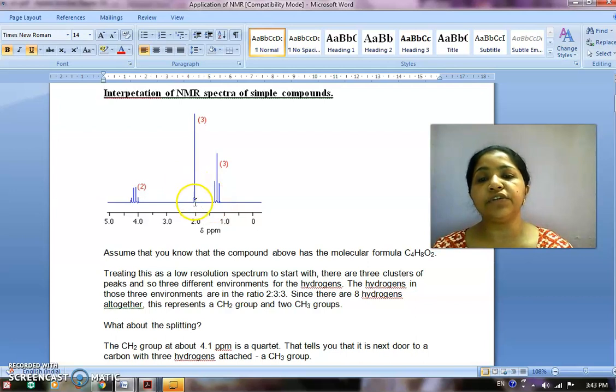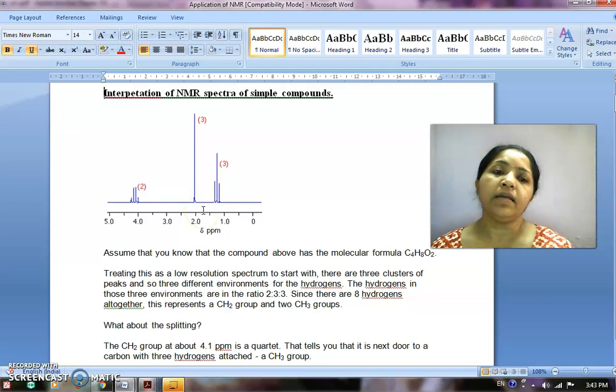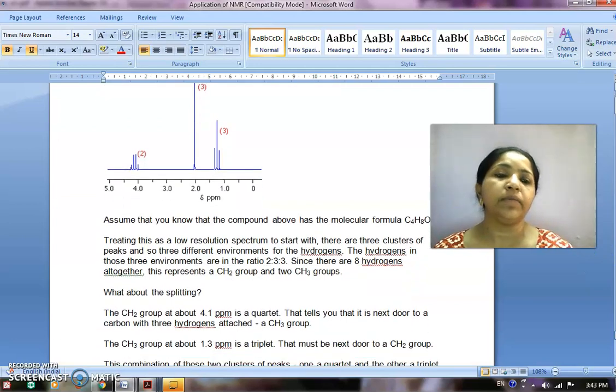Whereas the CH3, which is bonded to oxygen, okay, it will have a little bit of deshielding, but not that much, because the protons which are bonded to carbon, that particular carbon is not